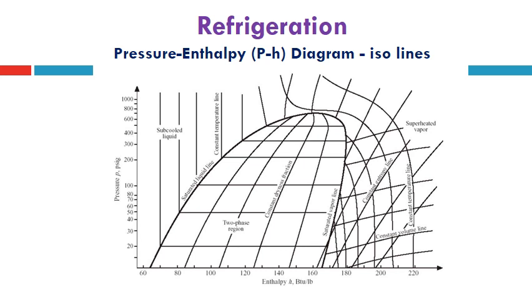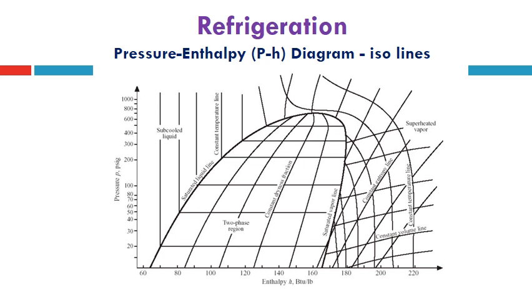The vertical axis is the pressure in PSI, gauge pressure, or in some charts in bar or megapascal if using SI units. The horizontal axis is enthalpy, H, in BTU per pound, or for SI units, kilojoule per kilogram. Also, the ISO lines of temperature are shown clearly here